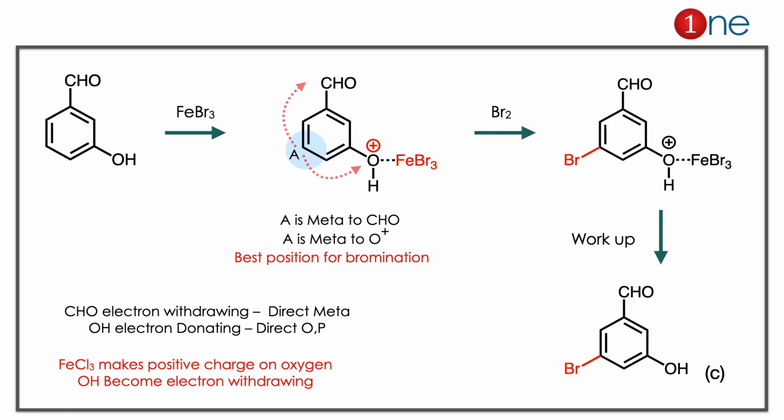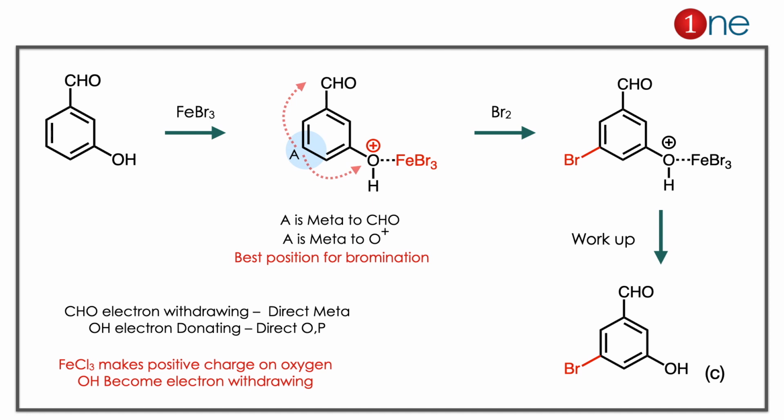Here, the first step, you are reacting with ferric bromide. It's a Lewis acid. Since you have alcohol, it will directly react with ferric bromide because of its electron density, so the oxygen gains the positive charge. Already you have CHO, which is an electron withdrawing group. Normally the OH is an electron donating group, expected to be ortho-para director. Due to the positive charge, it will also become a meta-director. So 2 meta-directors on the appropriate position.